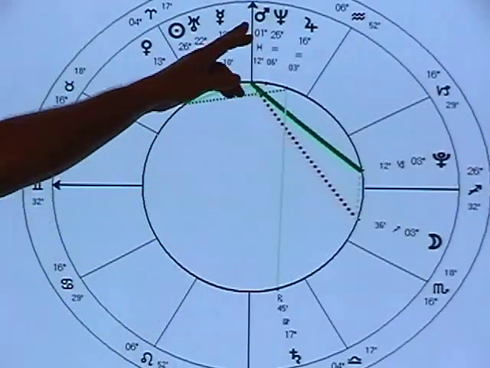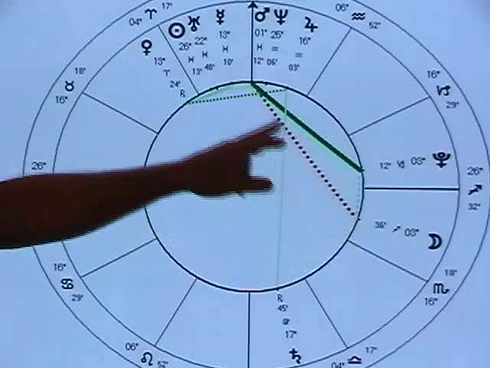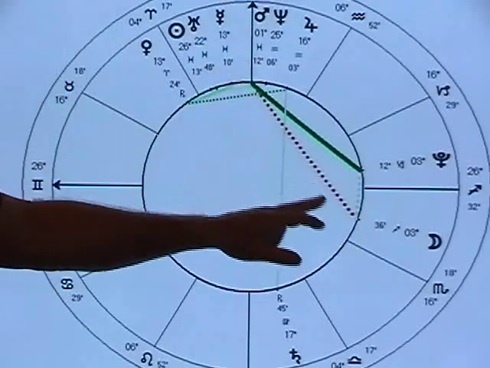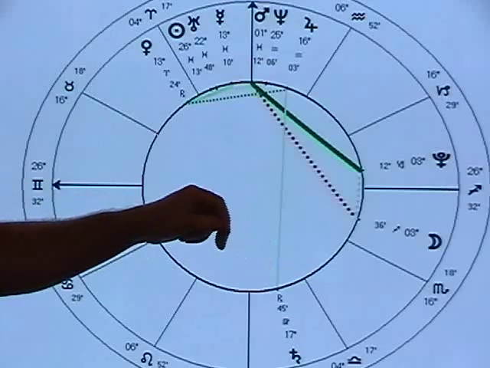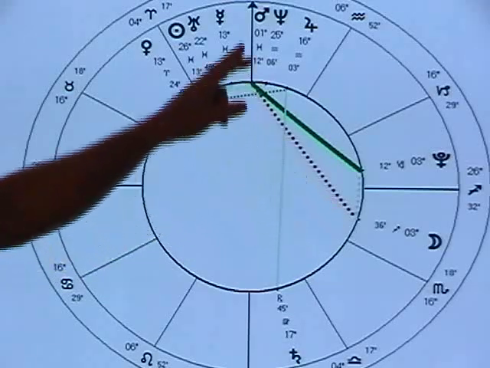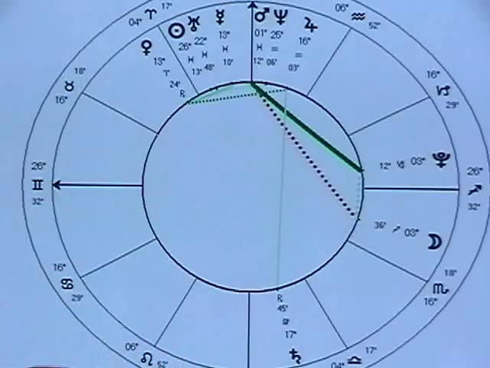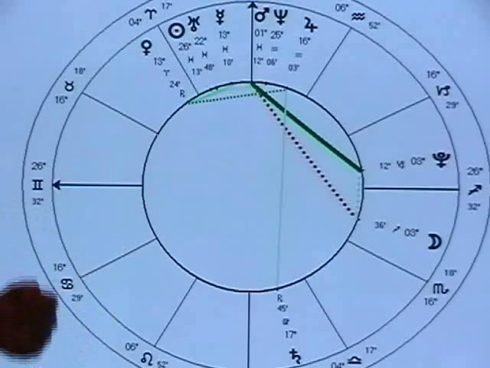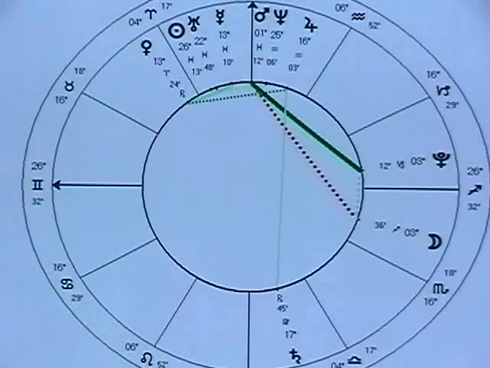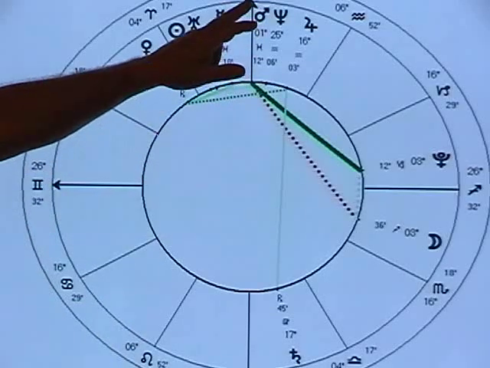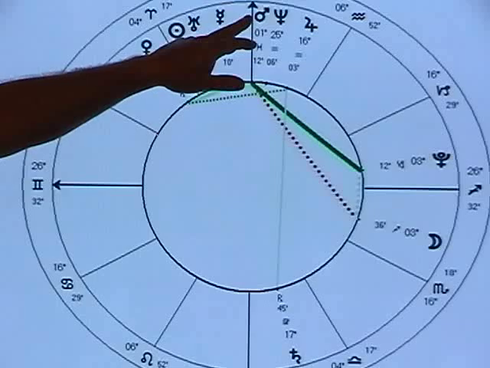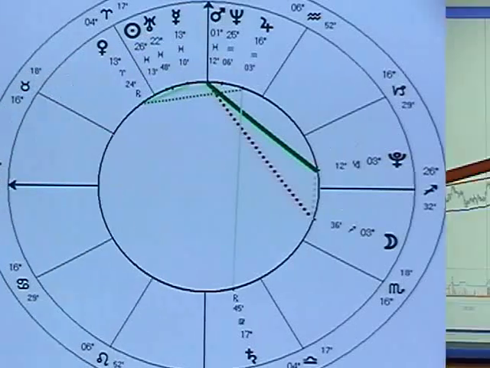Okay, now we're going to look at Mars, which is squared by the moon. This aspect is past exact, hence the dotted line. What we're looking for is still some residual effect of this particular aspect. By the way, Moon-Mars aspect is kind of annoying, jumpy, makes people leap at things, tends towards days that trend starts, it quits, it starts, it quits. It's a very annoying kind of day. So we're going to look at, on the price chart, when Mars hits the midheaven and see if we can see anything from that.